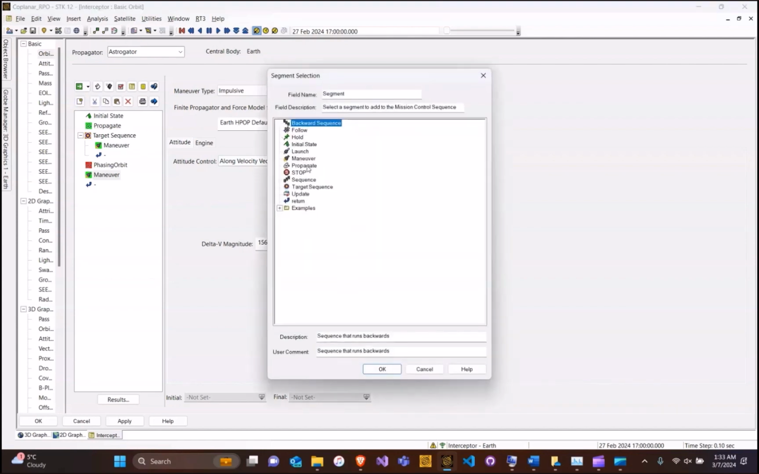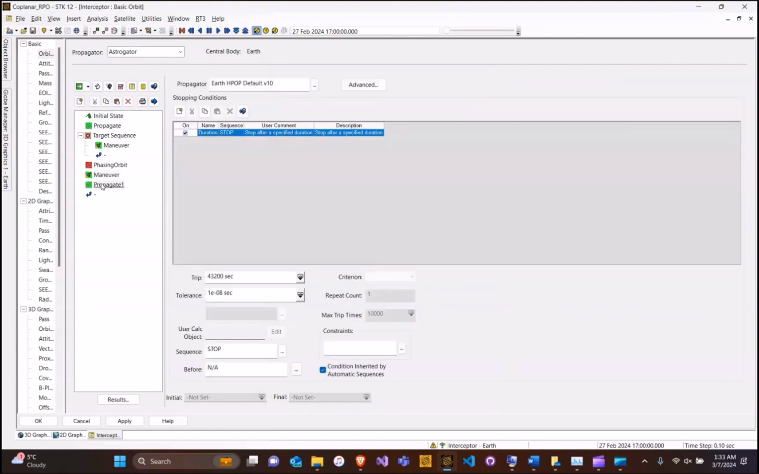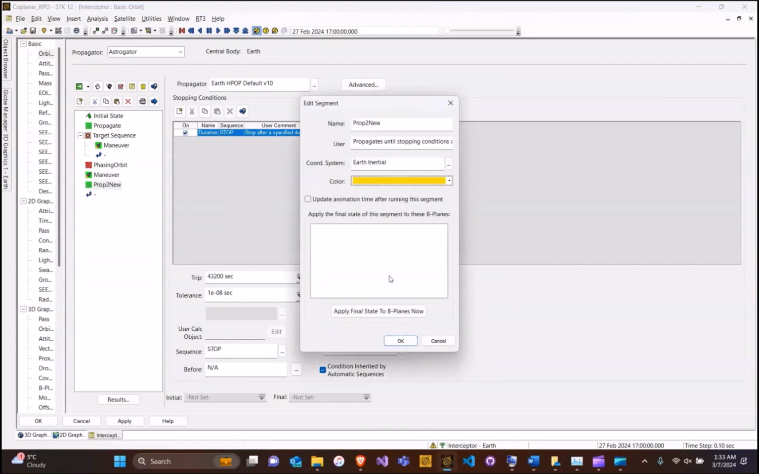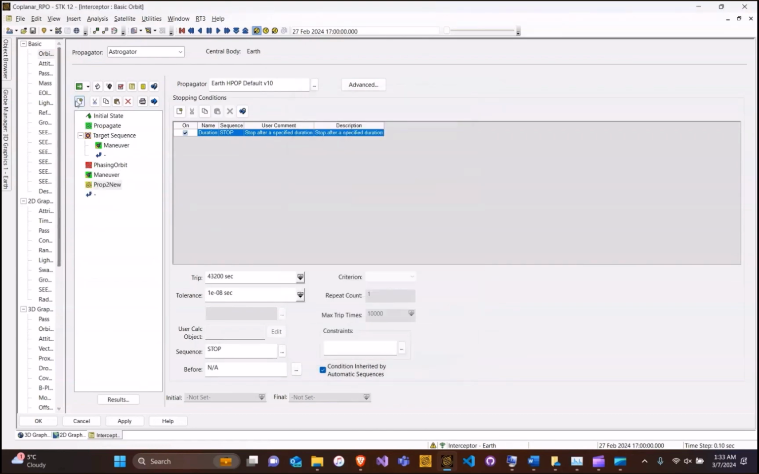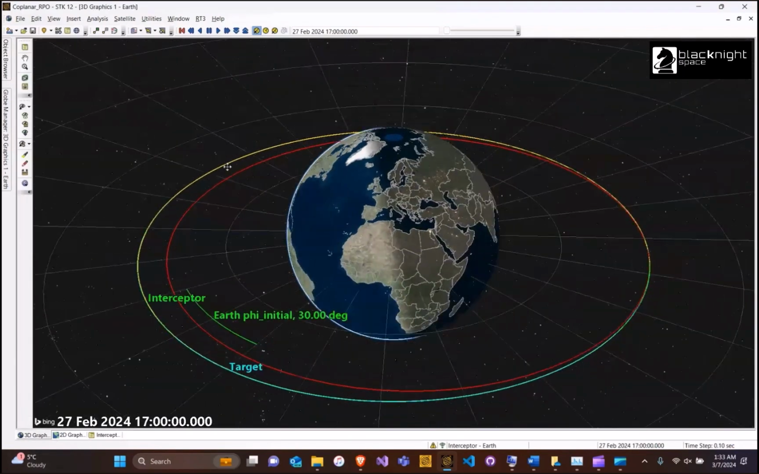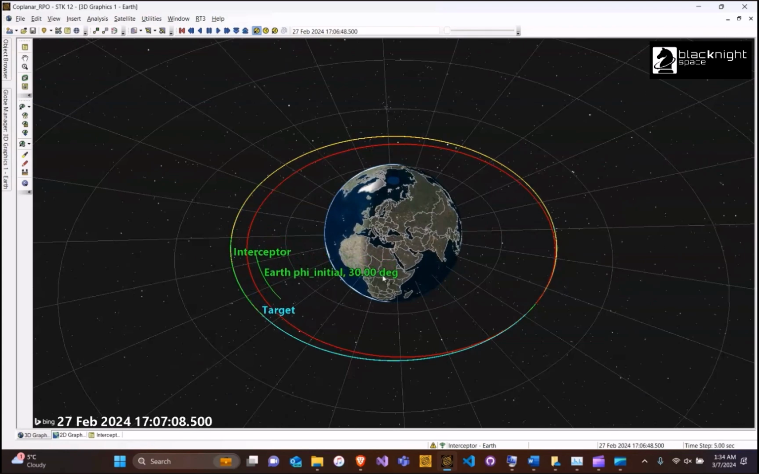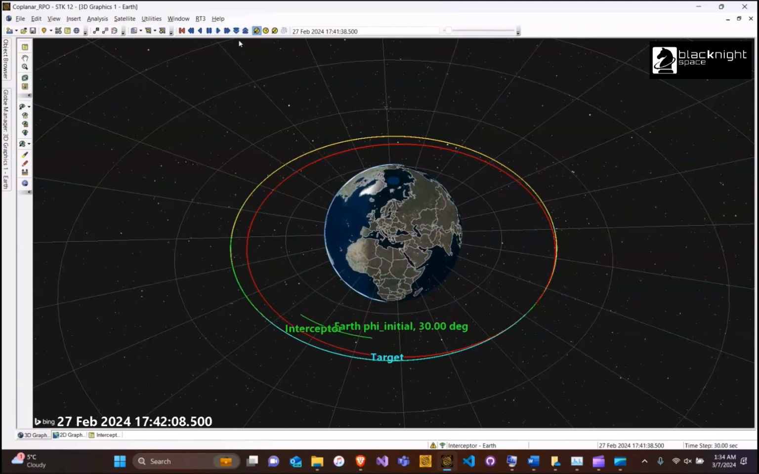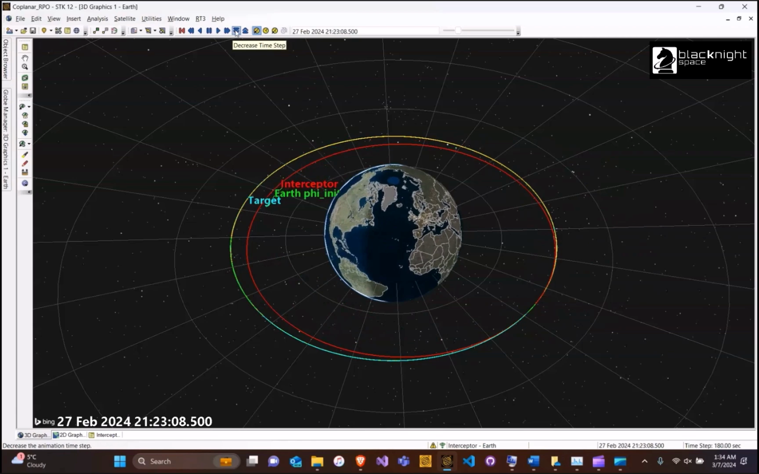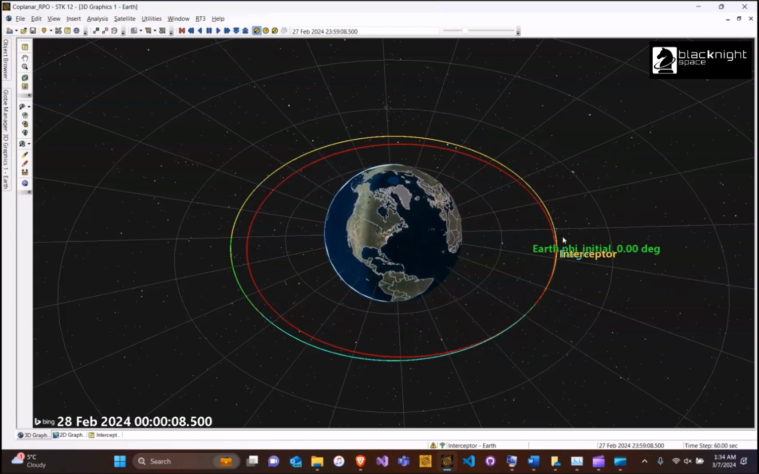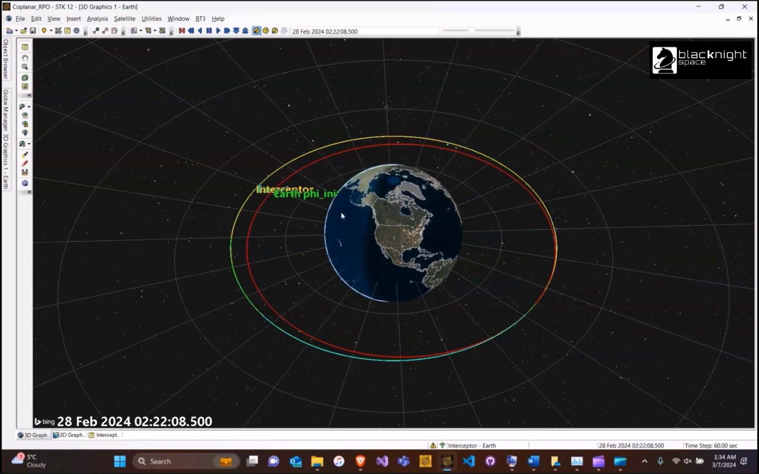And we can insert a new propagate segment, rename it, let's say, to new, and change the color to yellow, and we can run it again. Here we have the visualization of our maneuvers, and we're going to start the animation to see what happens and if our phi initial reaches 0, our objective. So we will increase the time step a little bit, and we see that our interceptor is reaching final orbit, and our phi initial is, well,